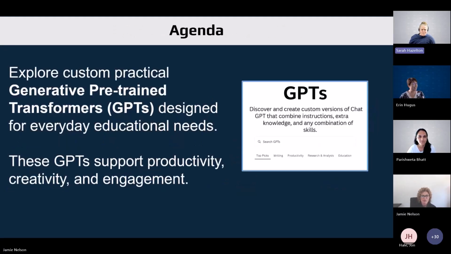And we're really excited to be here today. What we're going to do today is we have actually taken time to explore some of those GPTs that are in ChatGPT. A GPT is a generative pre-trained transformer, and specifically we were looking at the ones related to education. So there's lots of GPTs out there, but for us today, we specifically looked at the ones that would be related to education. So the purpose of those GPTs is to help with creativity and productivity and engagement and efficiency